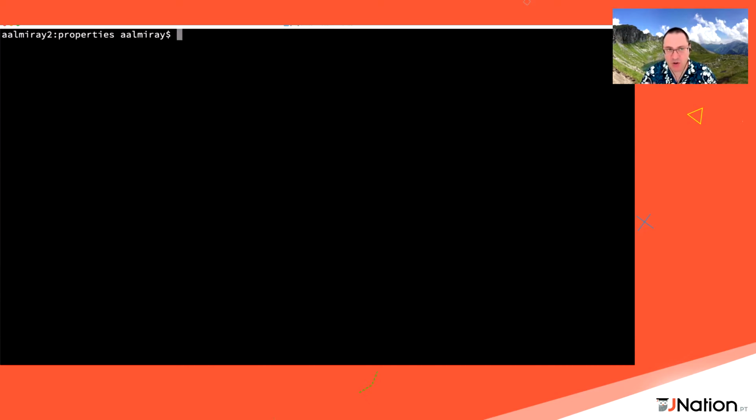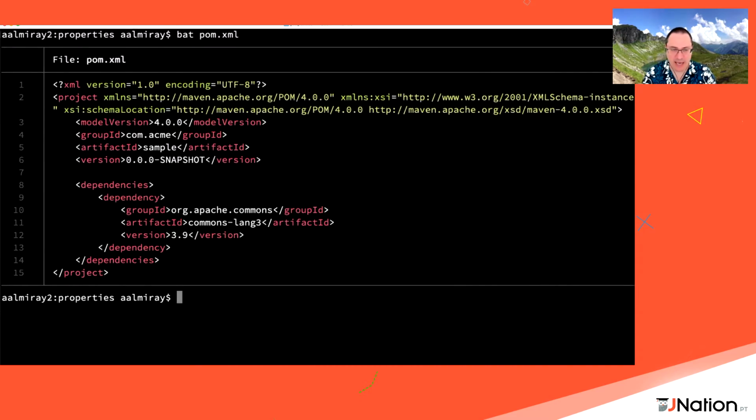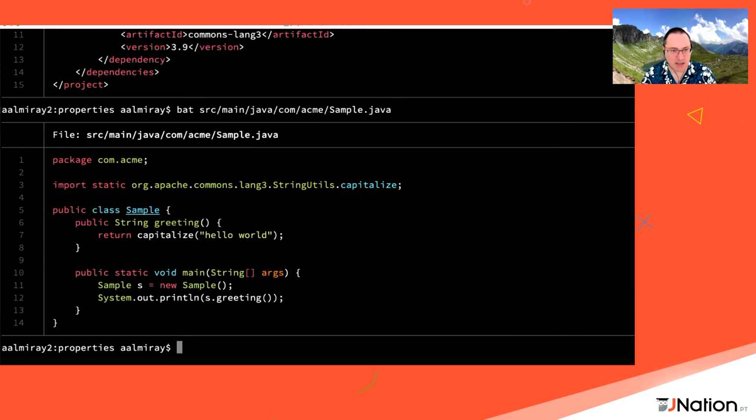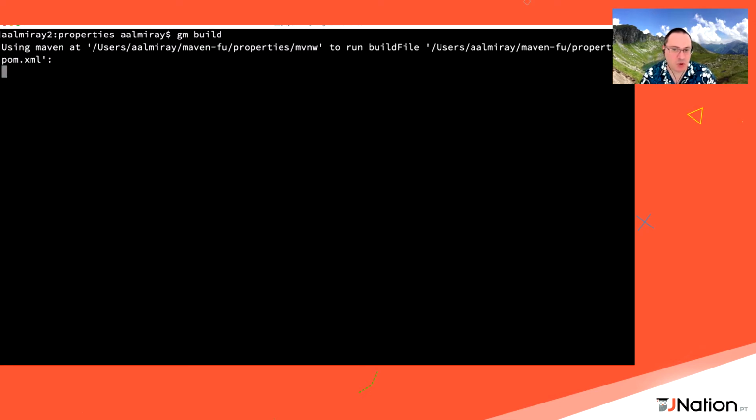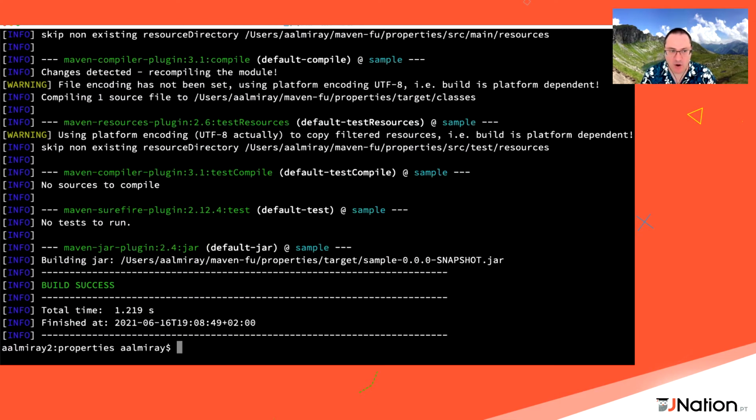Okay, so this is what I'm going to do. I have a simple project, with Maven coordinates, a single dependency, and a source file. It looks like this. It's a simple hello world that prints out a value. So what I'm going to do is compile this code. How do I do this? There are many ways. I can just simply do compile, or I can do verify, but because I'm using my own custom tool that knows how to invoke the Maven wrapper or Maven, called GOM, I can just simply do build, and this will do the right thing for me, which is pretty much invoke verify.